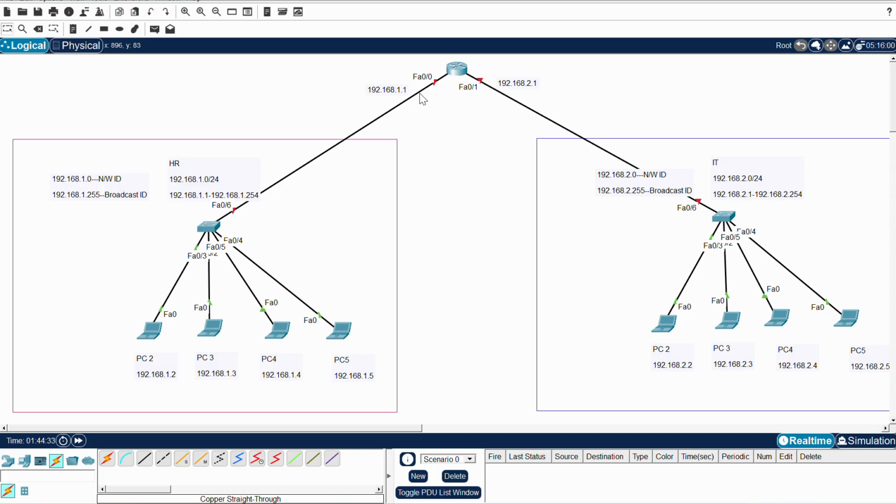Gateway means the entry and exit point of your network. Entry and exit point. Now how to configure these IPs on the router? If you want to configure this router,